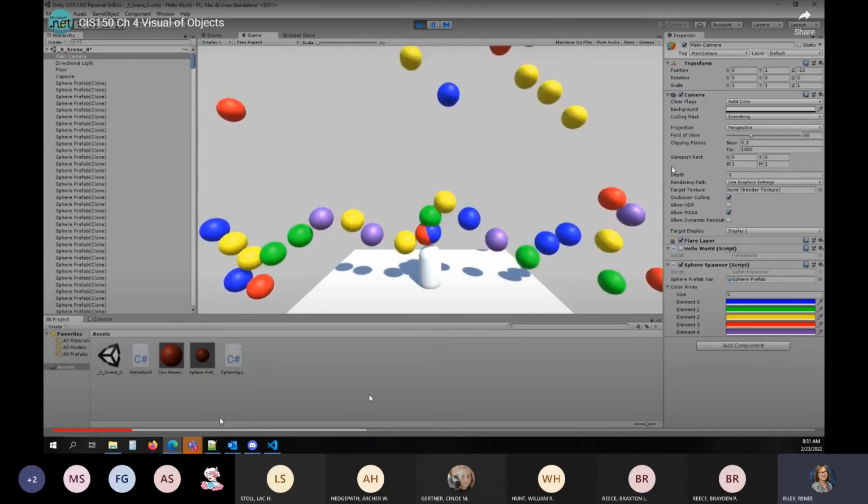Now, like I said, we wouldn't let just anybody update this information, but maybe we do want to allow that as an action that could happen at some point. So maybe we want to let people set the position and set the color. Getters allow other objects to get information about this object.